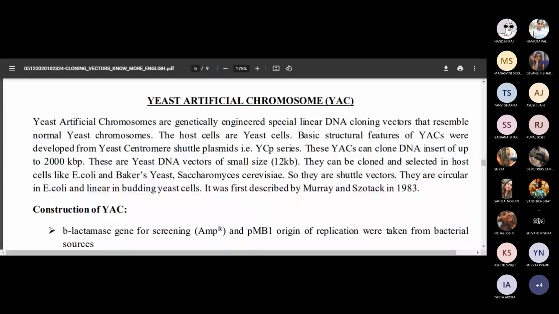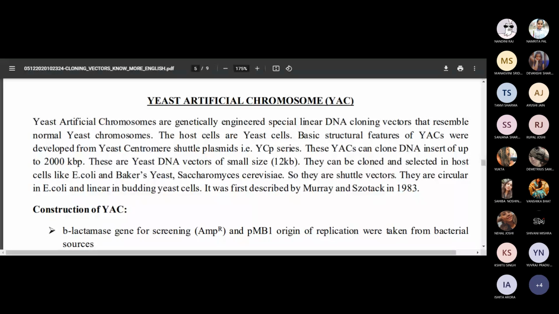So what you need, if you want a vector to replicate in the yeast and also in the bacteria, is both types of origin of replication, one to work in the bacteria and one to work in the yeast. So here such a type of vector is being utilized. An example of that is the yeast centromere vector. Centromere means it is going to have a centromere, so these vectors are going to have all the properties that your chromosome has.